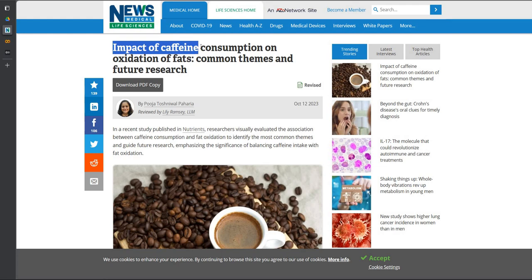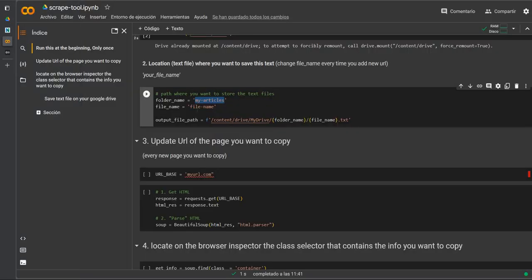In this case, it's caffeine consumption. So yes, I want my file name to have this caffeine consumption. I recommend you don't use spaces in file names. I recommend instead using hyphens or underscores. These work better than spaces. With spaces we can find troubles. So caffeine consumption, that's my file name. I run this,